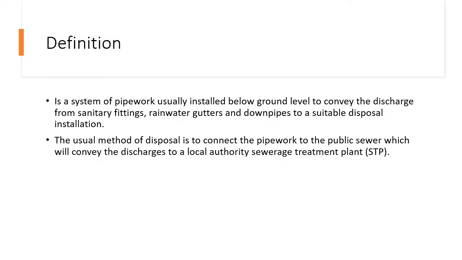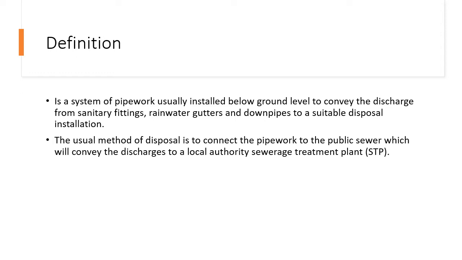It is a system of pipework usually installed below ground level to convey the discharge from sanitary fittings, water gutters and downpipe to a suitable disposal installation. Kebiasaannya memang below ground level, but it can also be on the surface level of the ground. Function of this system adalah untuk menyalurkan discharge daripada sanitary fittings, water gutters and downpipe kepada